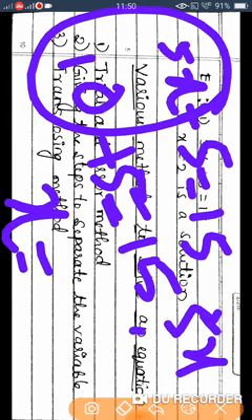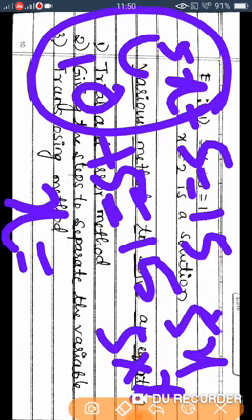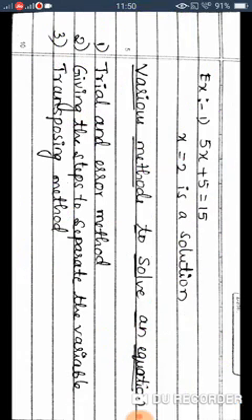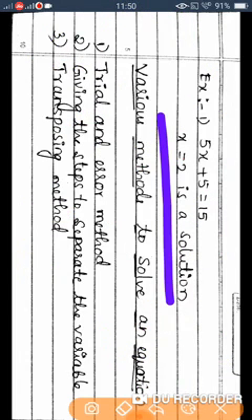But we need only the x value. Before, I told you 5x is nothing but 5 into x. Then tell me, if you multiply with 5, by which number will you get 10? Is it not 2? 5 twos are 10. Then this x value is 2 here. So this is your solution, x equal to 2.